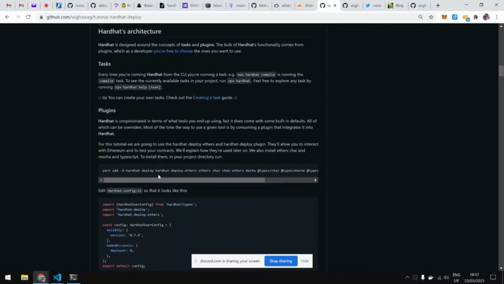Then we have Hardhat Deploy, and we have to install more stuff. I could have done that in one step, but I wanted to follow along with how it was set up for Hardhat. I install basically Hardhat Deploy, hardhat-deploy-ethers, chai-ethers, mocha, quite a few things on top of the original tutorial.